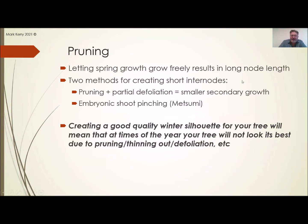So really I find that there's two methods to be able to get short nodes on a tree. One is to allow the tree to do its first flush and grow, and then think about most of that growth that's there as a little bit expendable. And when you do your pruning, you get rid of that initial growth, and then you get the secondary flush. And the secondary flush is smaller, it's shorter nodes, and that's because you've depleted some of the initial energy that the tree's